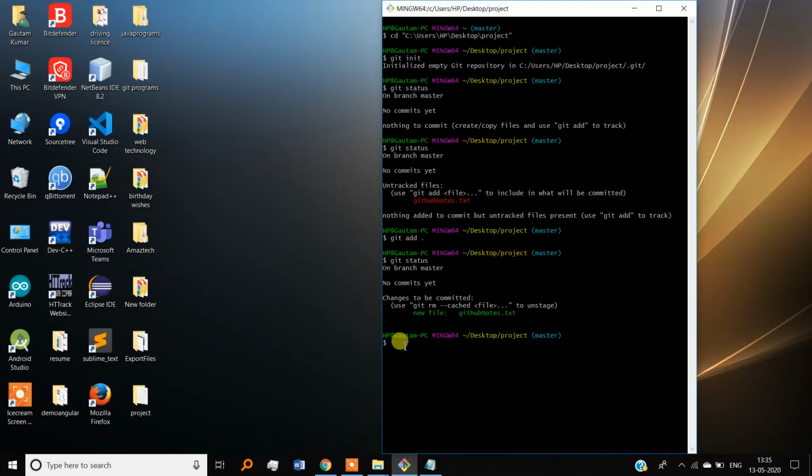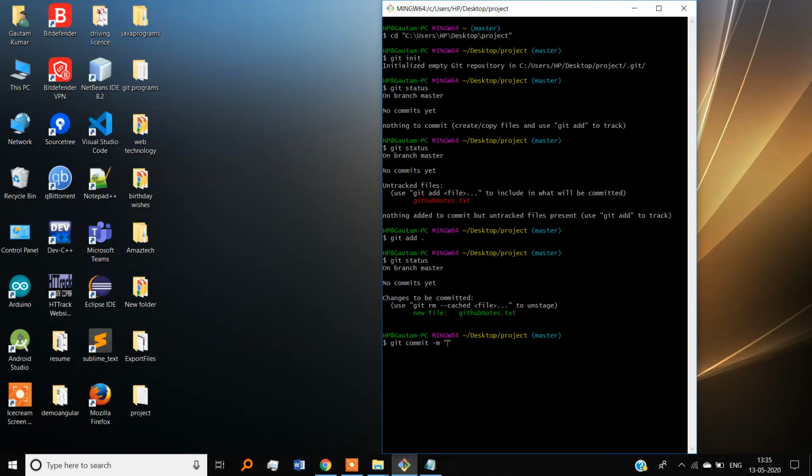Now we will do commit to git, git commit. Here we need to write some message about the commit, meaning what we are committing. If we are adding some file, we need a message.